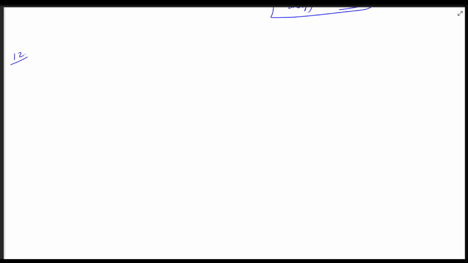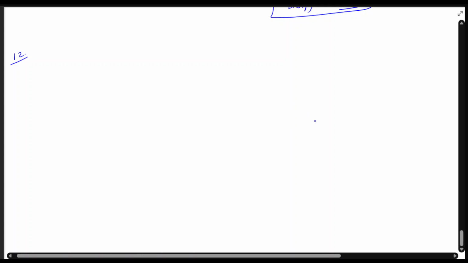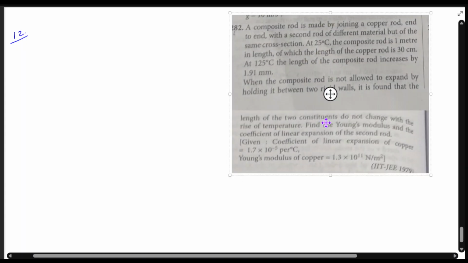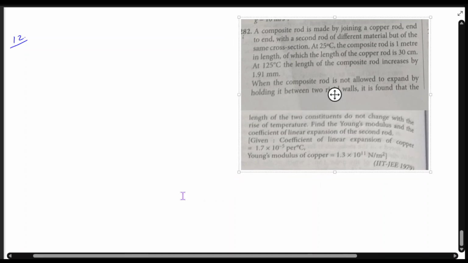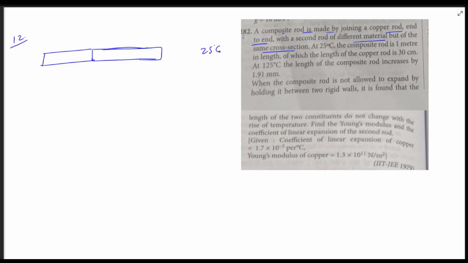So we have this. Okay. Now, what is given in this question is a composite rod is made by joining copper rod end to end with the second rod of different material but of the same cross section. So this is our one rod and this is our second rod. So this is copper, let's say. At 25 degrees Celsius, the composite rod is 1 meter in length. So this is 100 centimeter,